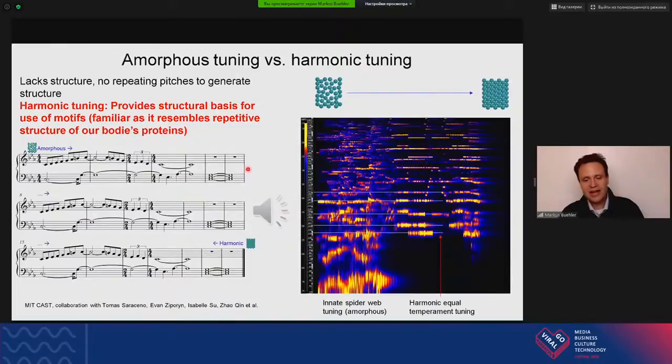And actually what you hear now, you hear the spider web playing in the beginning. That's the sound of the spider web. It sounds a little bit eerie. And again, this is the weird sound of the spider web that doesn't resemble anything human, because it's not tuned according to our own ideas of